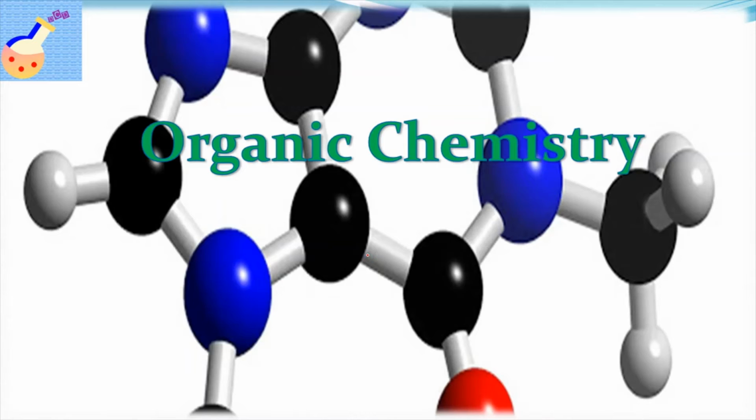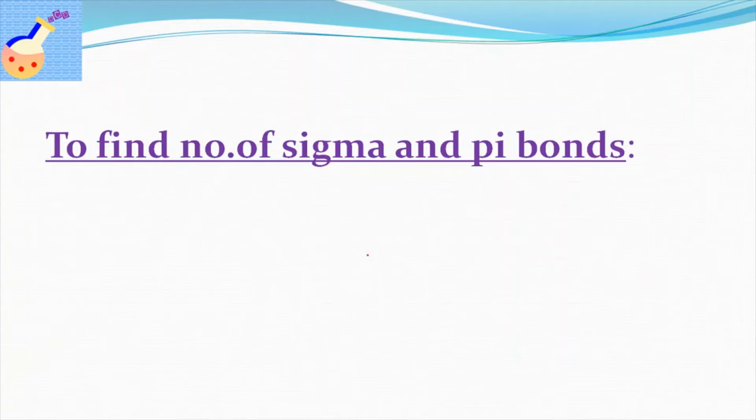In today's video, we will discuss a small topic from organic chemistry which is very important. And the topic is to find the number of sigma and pi bonds. Generally, when the structure of a molecule is given, you can count the number of sigma and pi bonds because